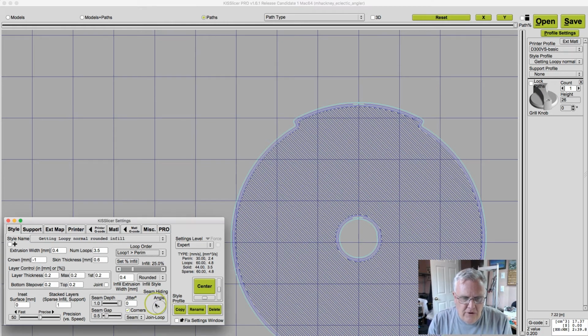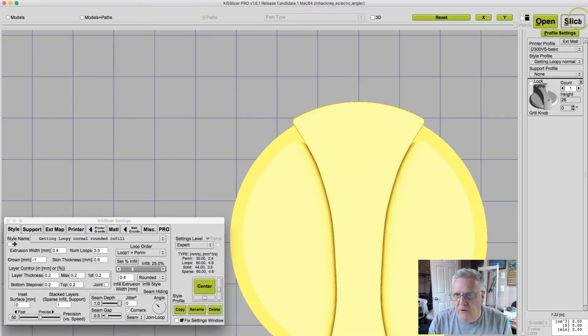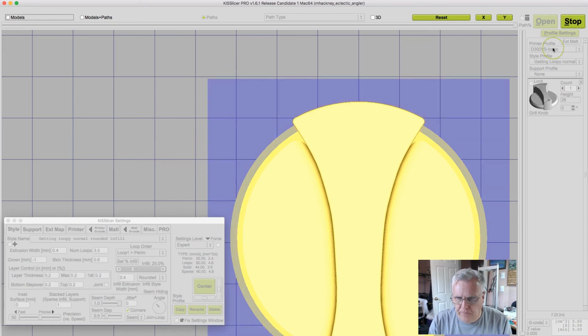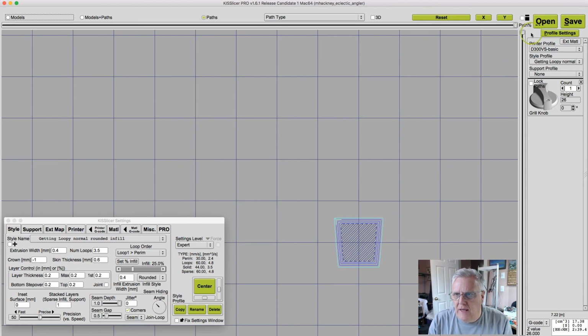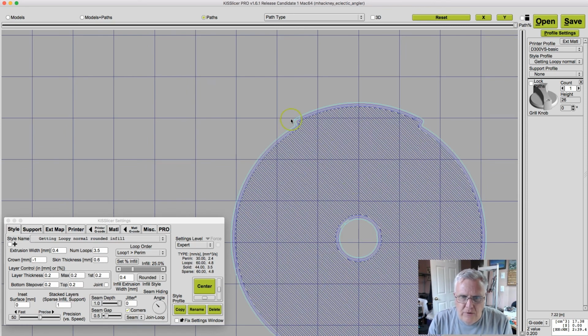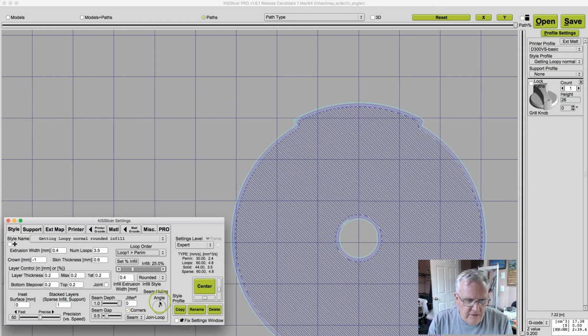So if I move the angle over to the left by 30 degrees and I slice, or maybe that's 45 degrees, and then let's take a look at the first layer, we'll see that now my start and end point are over here, aligned with where I set that angle. What the jitter does, and let's set this back,